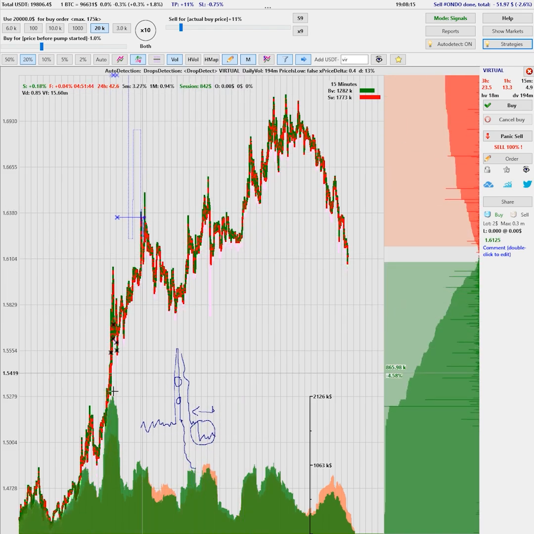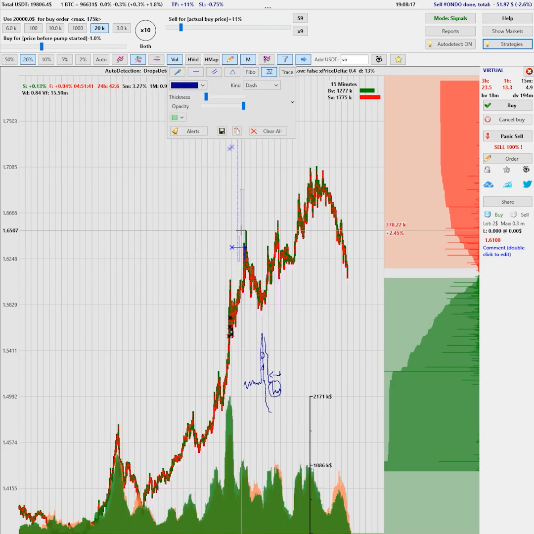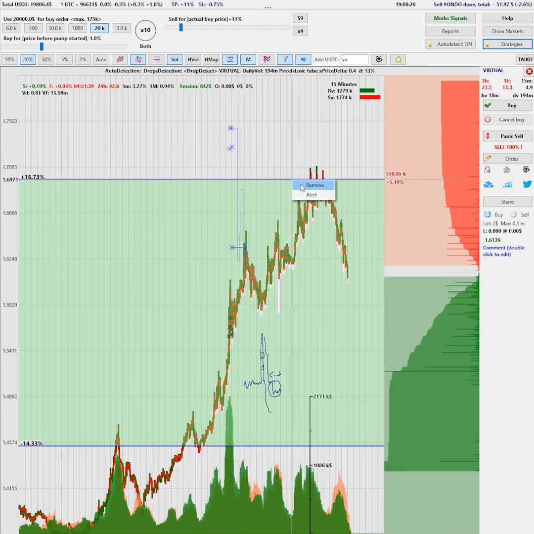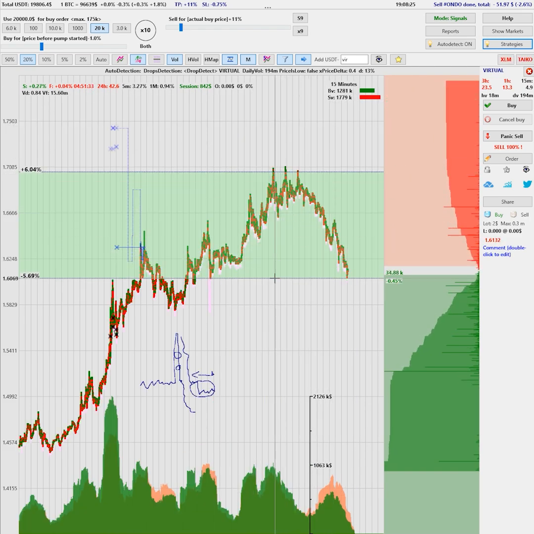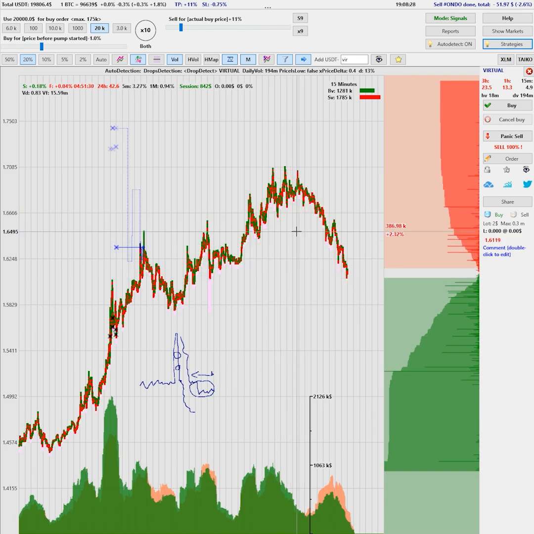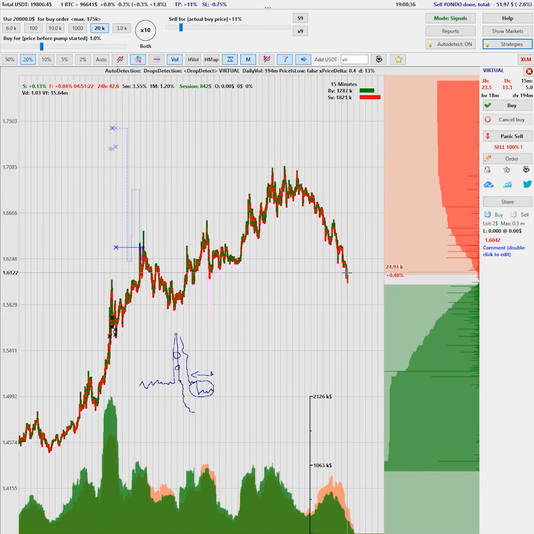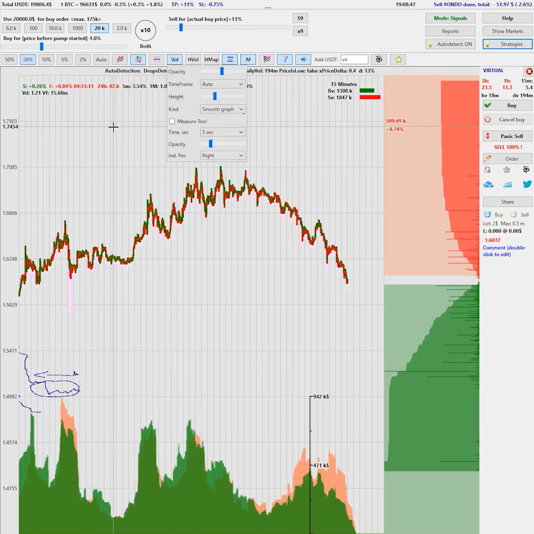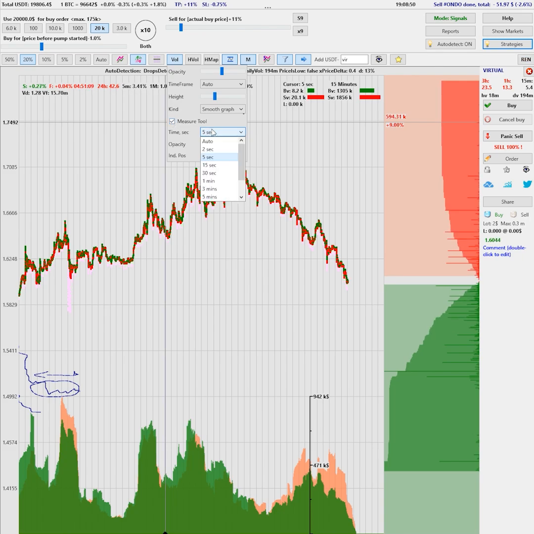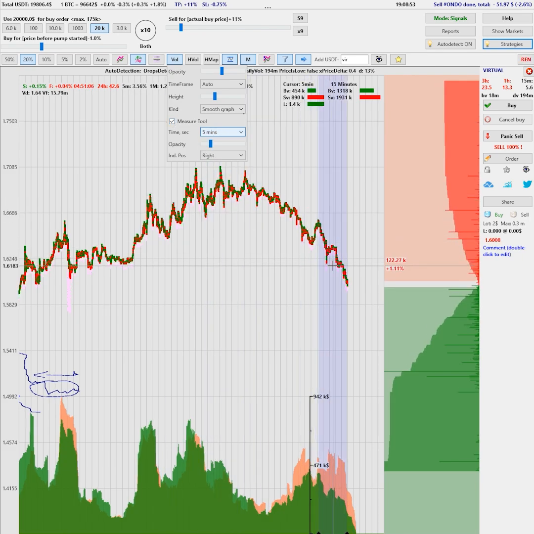Let's say the coin grew 16%. So let's say our drops detection will detect a drop of 5% in a certain amount of time. Let's say our minimum 3-hour delta is going to be 20. All right, it passes. Let's say our drop should be 5% over the last 20 minutes or whatever. So this drop will get picked up, and let's say over the last 5 minutes,